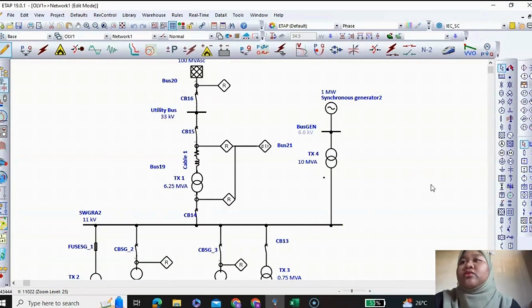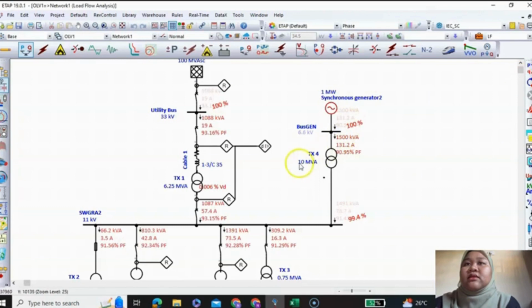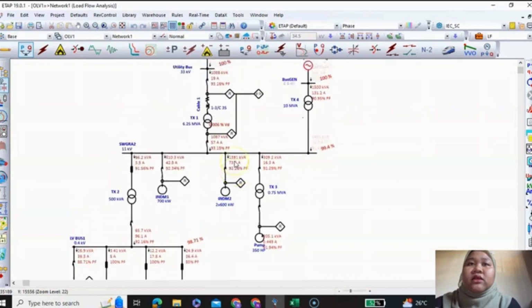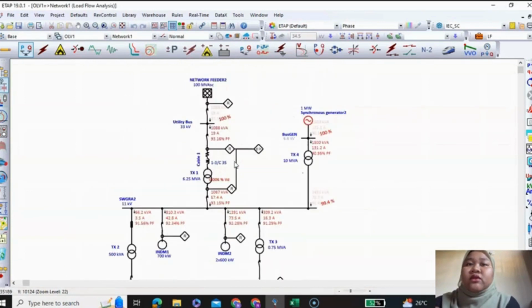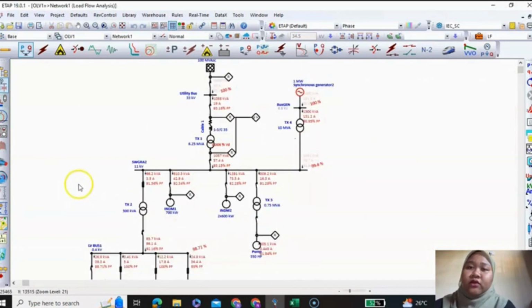So when we do the load flow analysis, we obtain this value, and we can see that for each branch, the current flow is lower than the current flow before installing the synchronous generator, and the power flow for